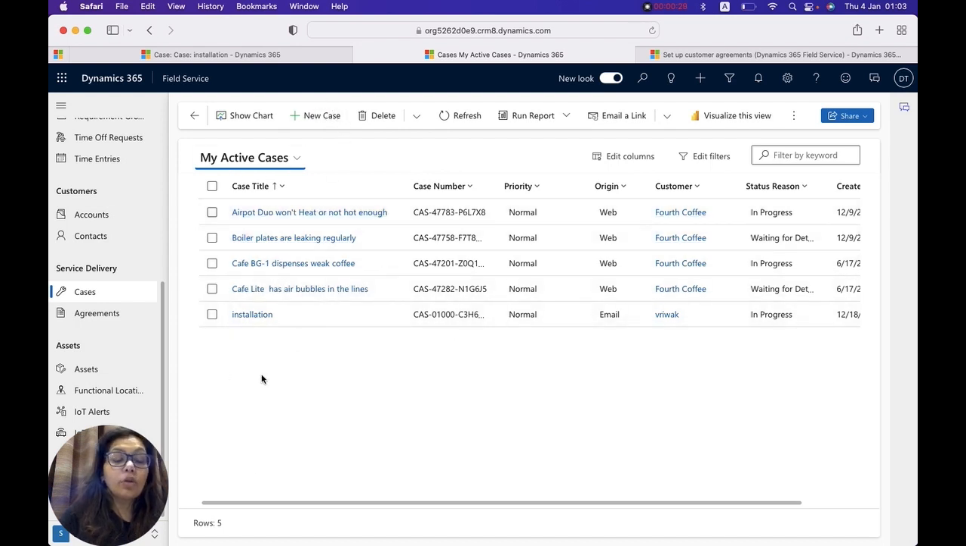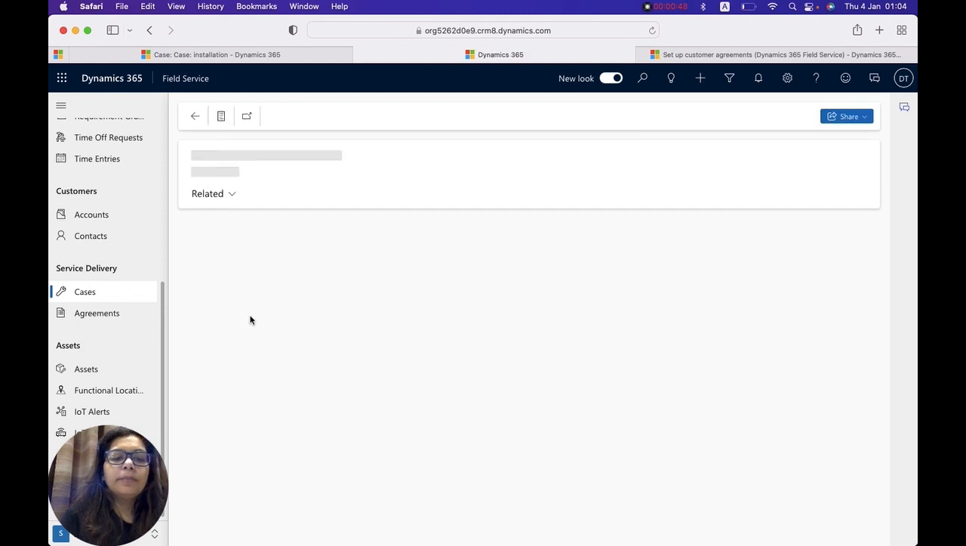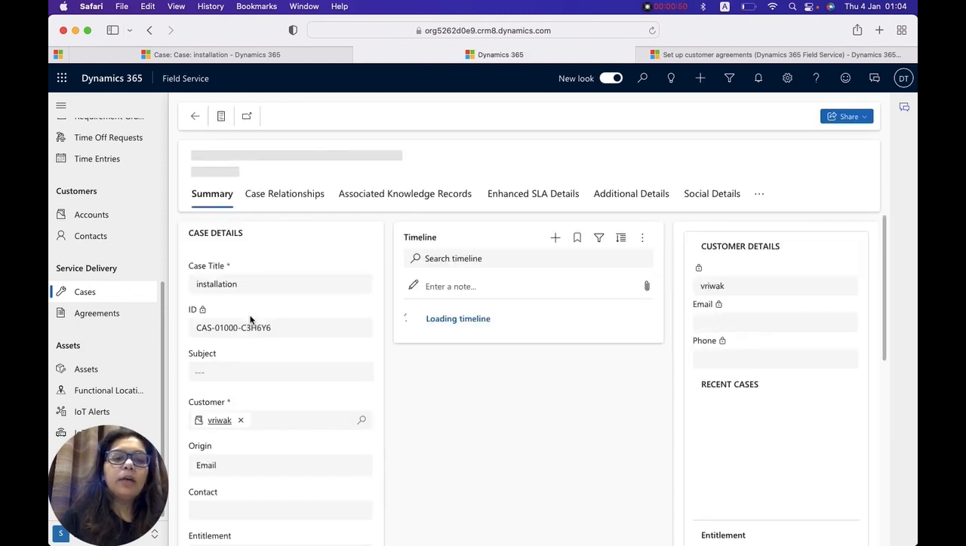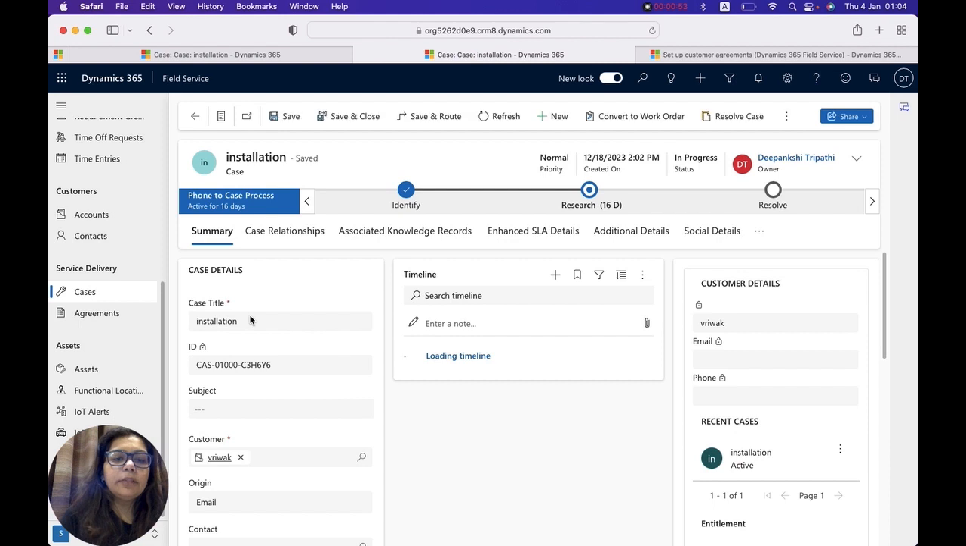Since we are talking about a work order cycle, we'll click any of the active cases. Now for that, we have to think about the case. I am going to take the same case about the installation of a washing machine. Since the case is about installation, we'll click on that, which will take us to the form page of the case, where we get the entire detail of this particular case,